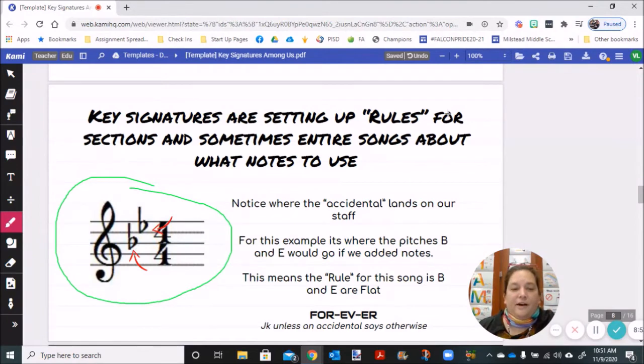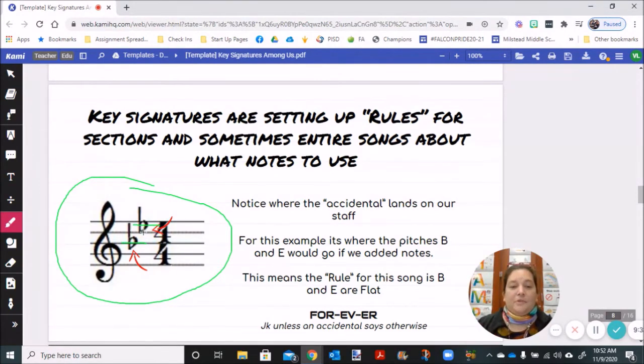So now we have to identify where are those flats. Well, when you're looking at a flat sign, it's going to be right down the middle of the circle. So this flat sign is on line 3. This flat sign, if you go right down the middle of the circle, is in space 4. So then if you read treble clef, what letter name is line 3? B, because every good boy does fine. And then space 4, if you are a treble clef reader, what letter name lives in space 4? E, because the spaces spell face,